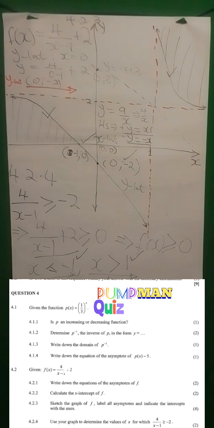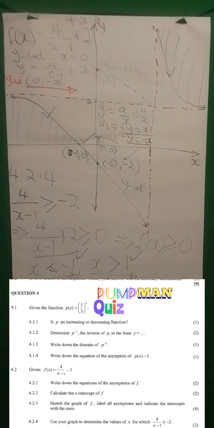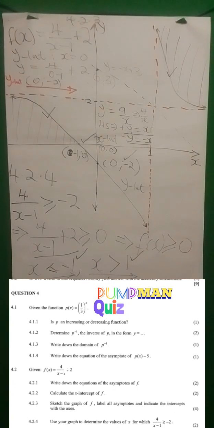Now remember, we are looking for values of x for which f of x is greater than or equal to 0. Where else do we find this graph above the x-axis? Here. And how do we write this as an inequality? Since it does not touch or cross the line of x is equal to 1, this is the values of x that are greater than 1. So my final solution will be x less than or equal to minus 1 for this region, and x greater than 1 for this region. We are looking for the part of the graph that is above or at the x-axis. Then 4.2.5,